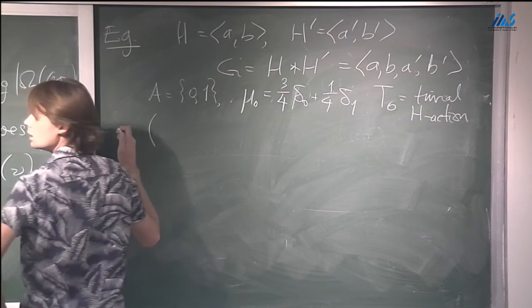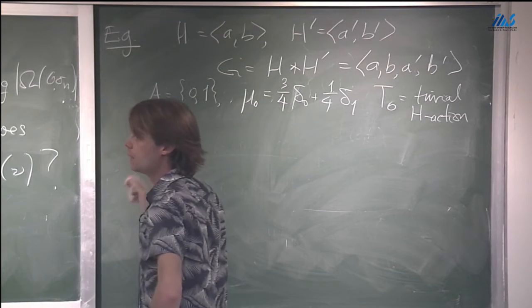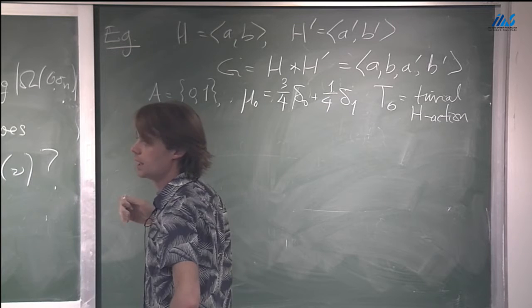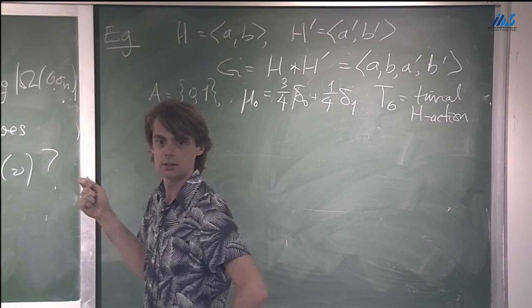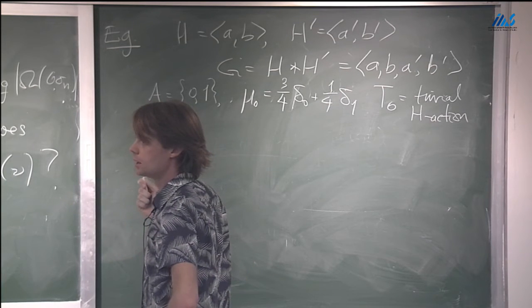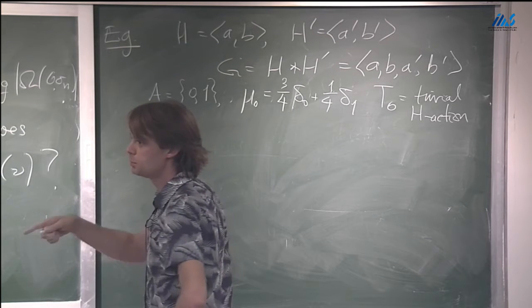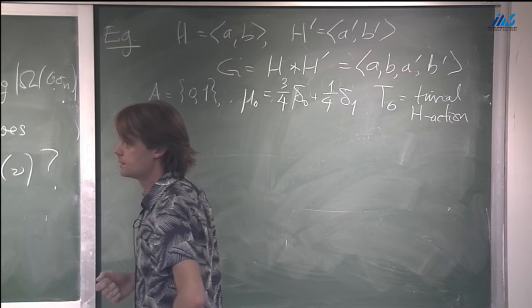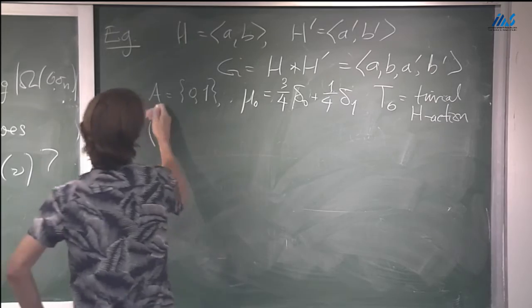Excuse me, I feel confused. What is the trivial action of H? Everything is the identity. Every element of H acts as the identity. And this is the action of H? This is the action of H. And now I'm going to build the action of G. Is that okay? Okay. So now consider